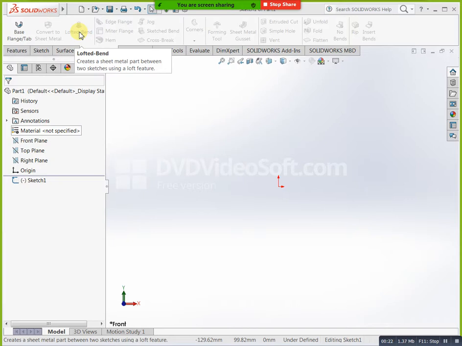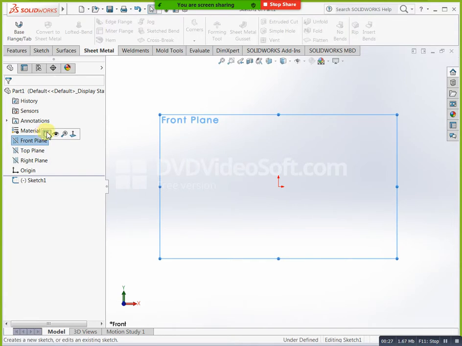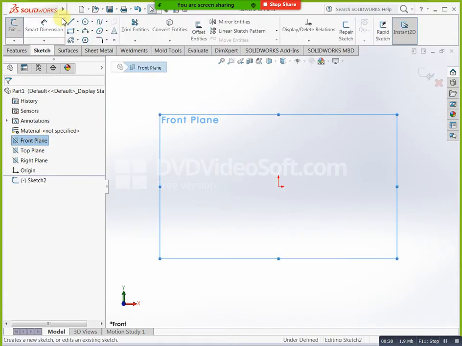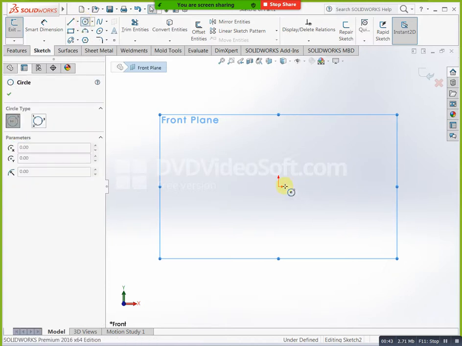Why are we using this lofted bend? For example, if you need to create any type of cone, a cone shape condition or a multi-shape fitting condition, the lofted bend is applicable. For that type of condition we have two profiles, actually. One is a rectangle and the second one is a circle, or otherwise you take two circles. For example, first of all we will try two same circles,